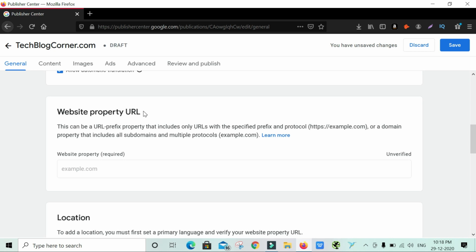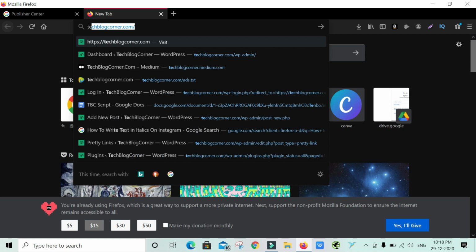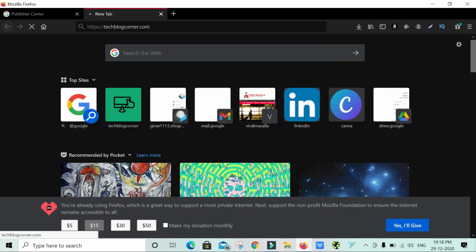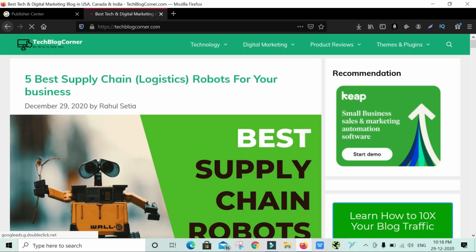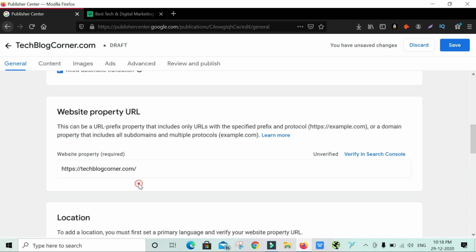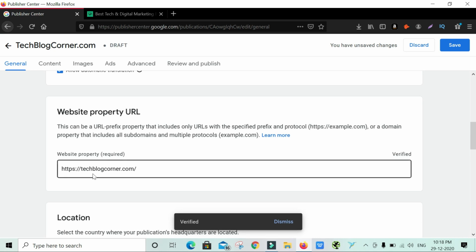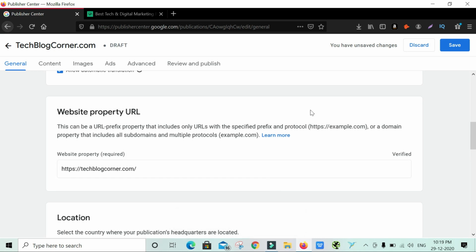Website property URL. What is the URL of your website? So I will go to my website and copy the exact URL. Copy, paste. Then verify in Search Console. It is verified automatically because I'm using the same email ID that I used to create my Search Console account.